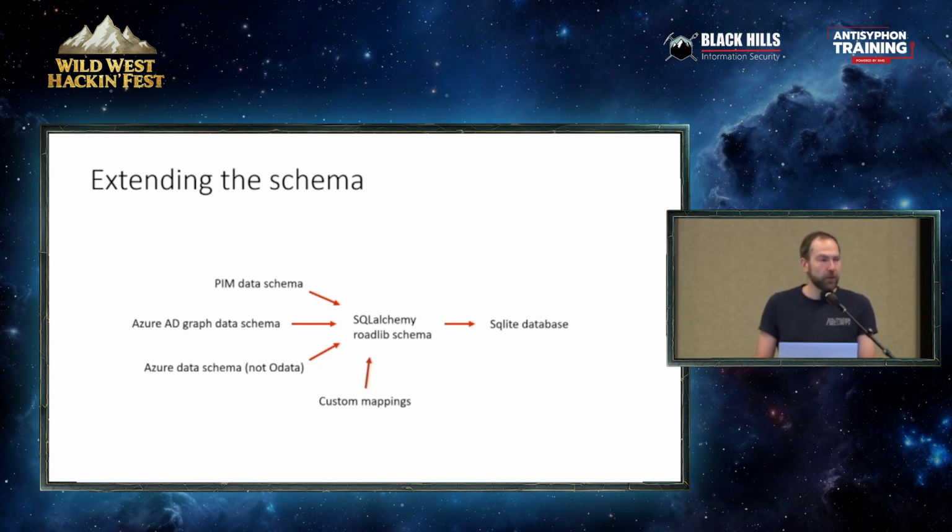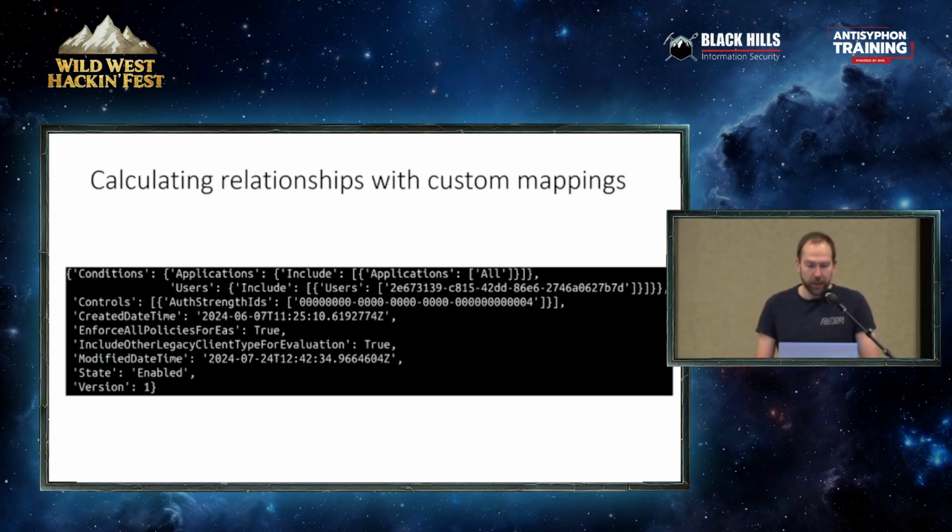I also have to add some custom relationship mapping, because unfortunately, Microsoft calls it the Microsoft Graph because you can move between objects, but a lot of objects don't have relationships in the Microsoft Graph. If I look at a conditional access policy, it's just a blob of JSON, and it says this policy applies to this user by its GUID. That's not very relational database kind of stuff. So I have to calculate all the relationships manually, see that this user GUID resolves to this account, and insert that into the database. Then I can query it as if it was a relationship between those two objects.